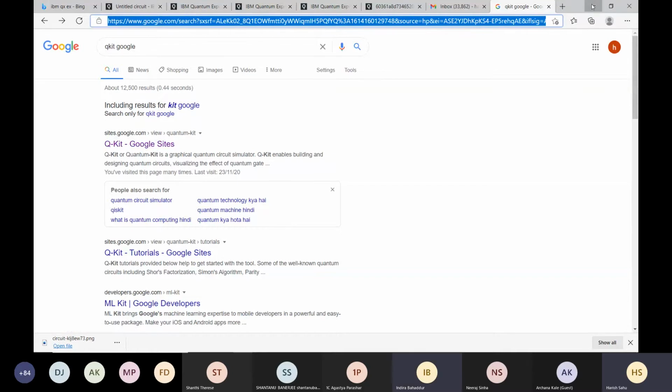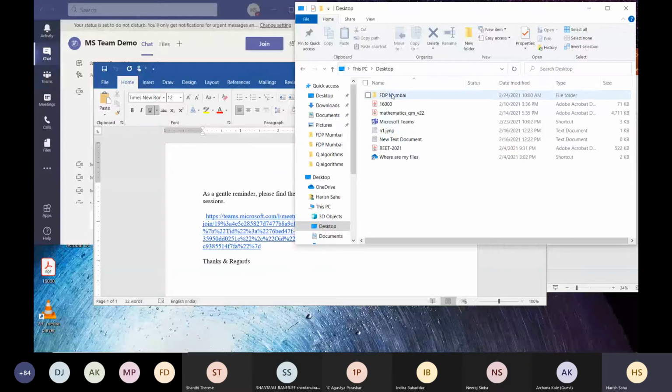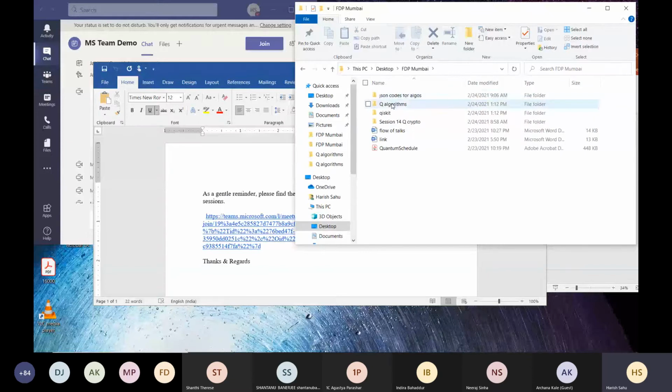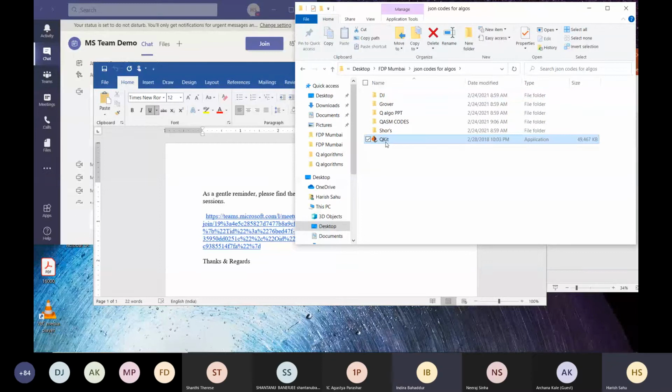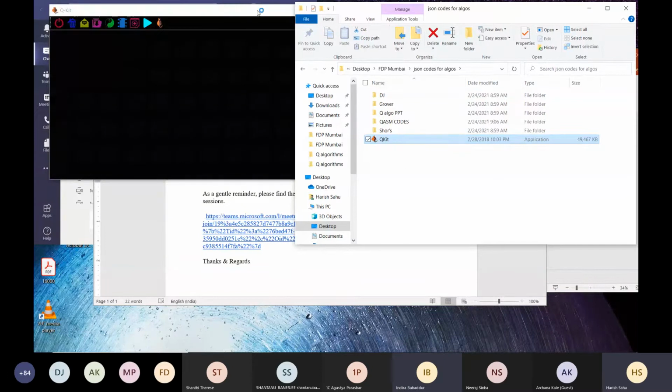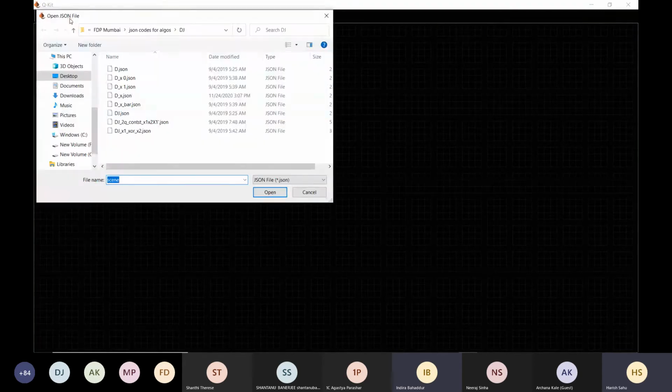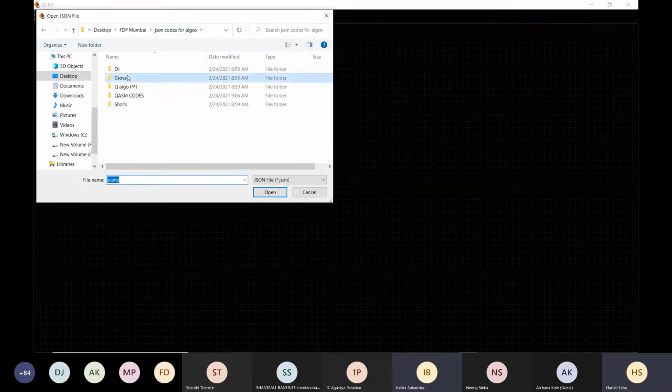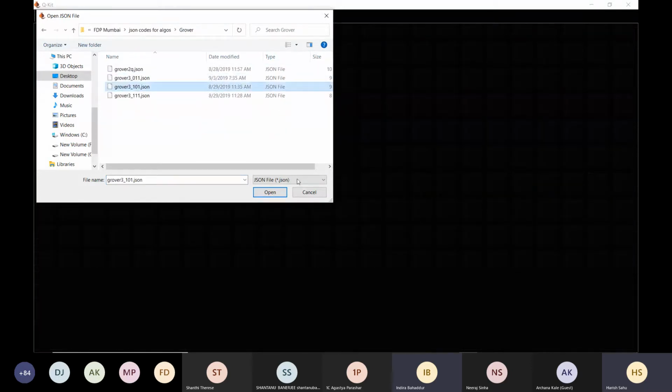You can also download it. Once you download it, you will have this kind of exe. It is a portable exe, and you need no internet connection for that. There are various options available, you can go through it. What I did is develop this program for Grover's, here for you guys.